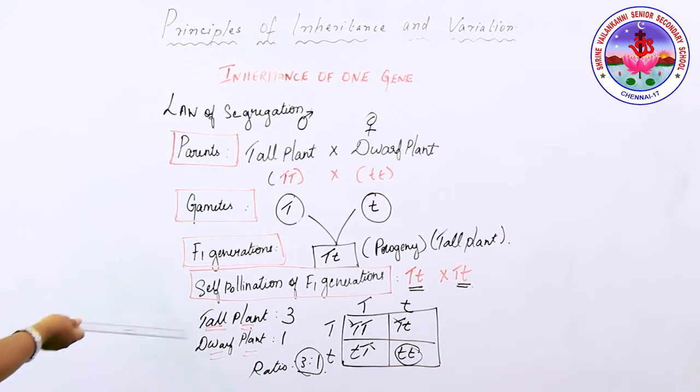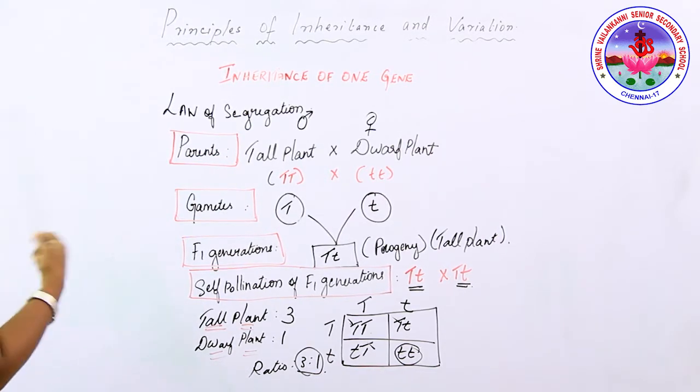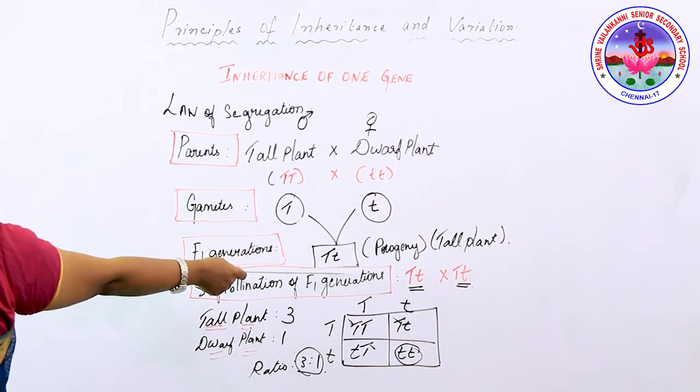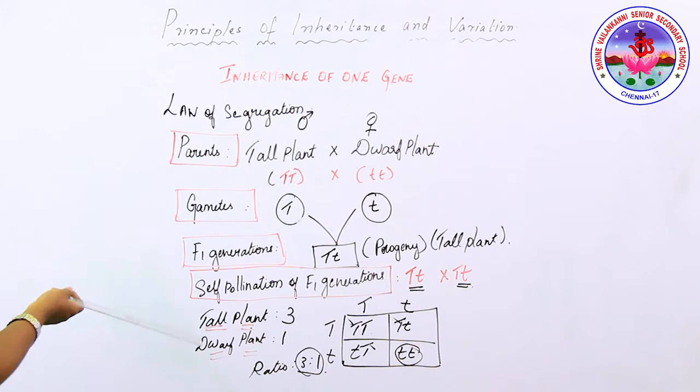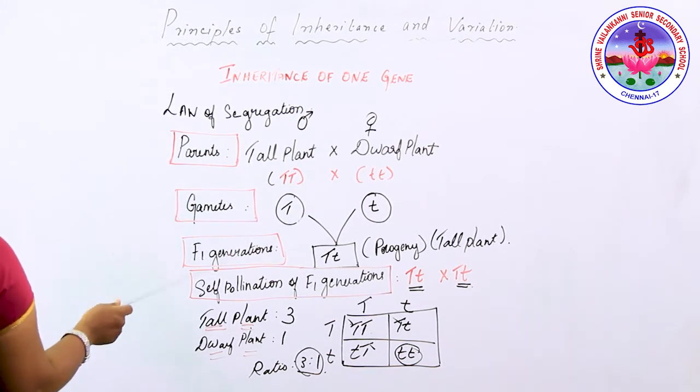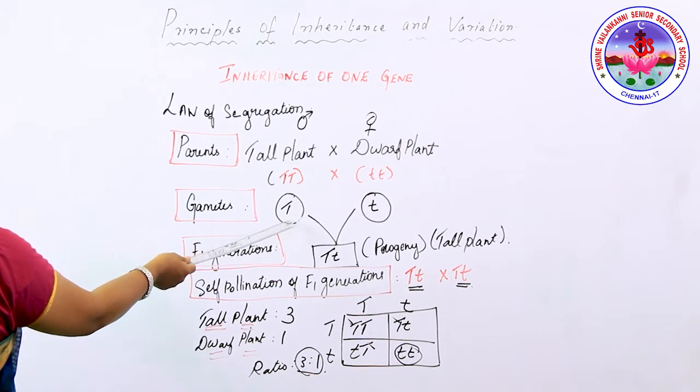Next we're going to discuss the test cross. So what is a test cross? See, this is the test cross. It is a cross devised by Mendel where the offspring or individual with a dominant phenotype, whose genotype is not known, is crossed with an individual homozygous recessive for the trait.